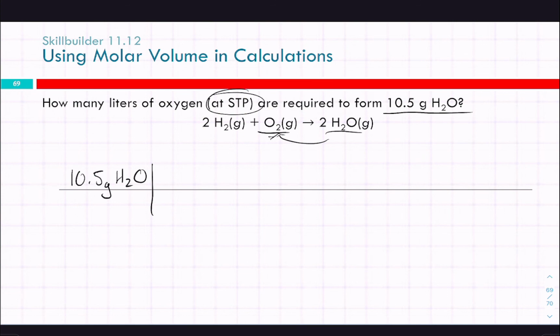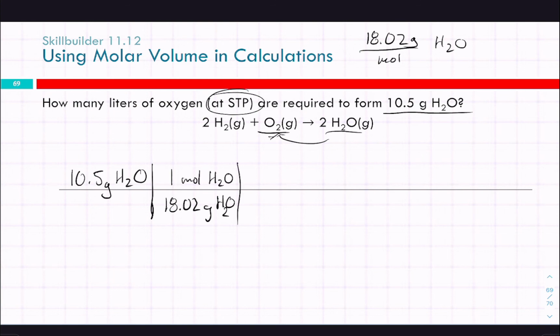Molar mass. The molar mass will get us there, because it's 18.02 grams per mole for water. So we'll put 18.02 in the denominator, and then 1 mole